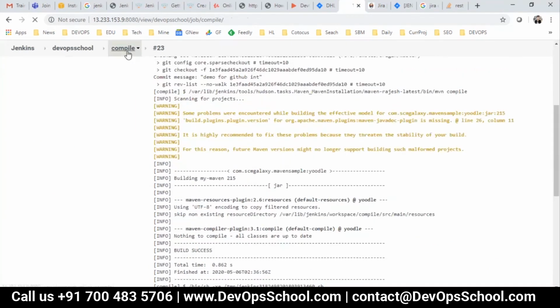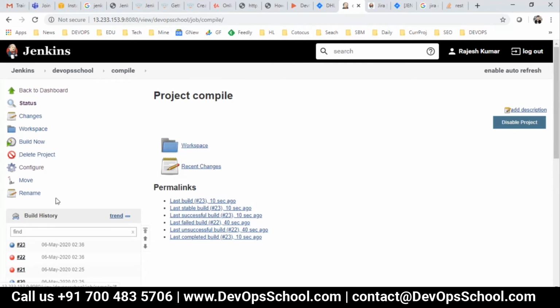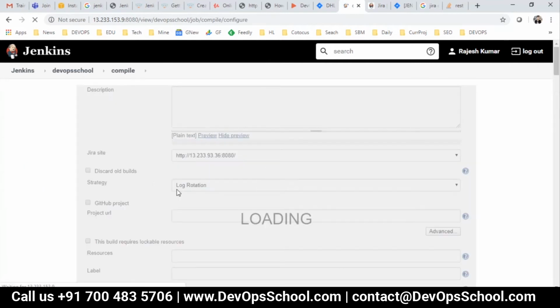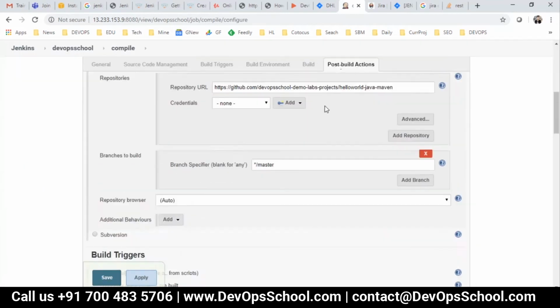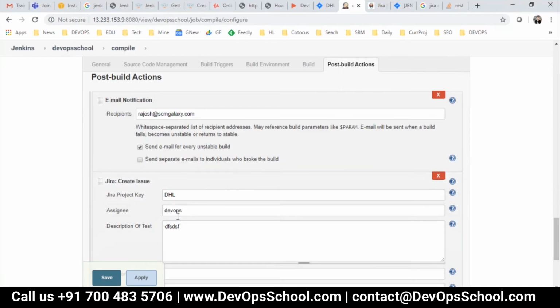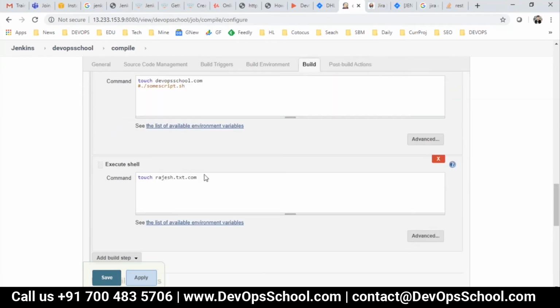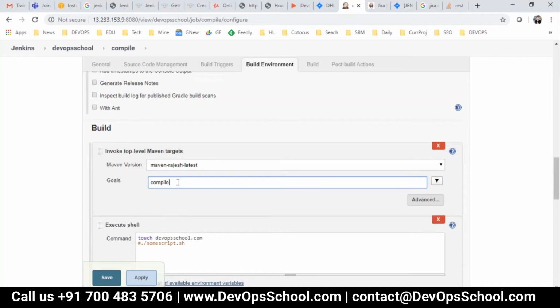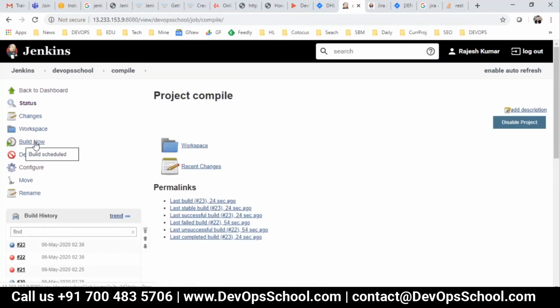Mail is failing because I have removed that, that's a different case. Now I have entered it manually, I did not copy paste. I'm just checking.